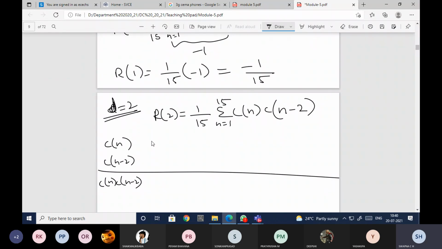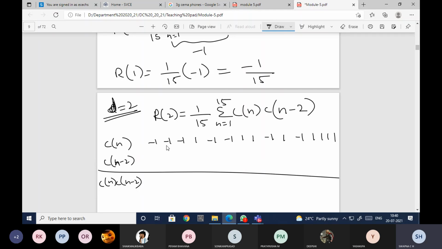C of n is what? I have minus 1, minus 1, minus 1, 1, minus 1, minus 1, 1, 1, minus 1, 1, minus 1, 1, 2, 3, 4, 4 ones. Now I need to shift right by 2 times, for n minus 2.